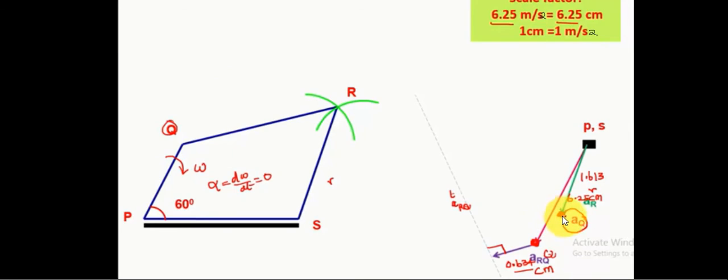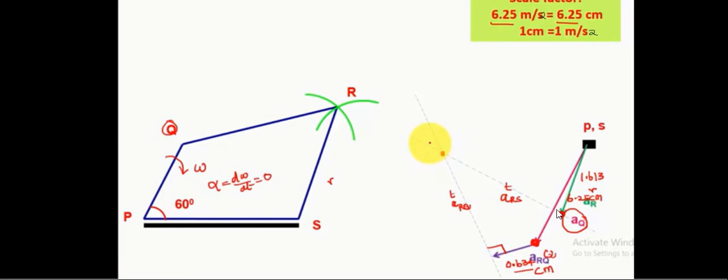and from that point you can again draw a tangential component line which is perpendicular to that point. Those two tangential components will actually intersect at one point. And that point will give you the length of this tangential component. Okay, let's go back a little bit. So that point will give you the length of the tangential component of RQ and the length of the tangential component of RS.